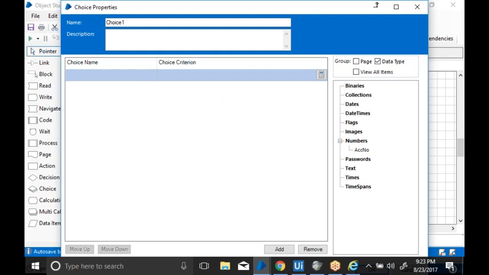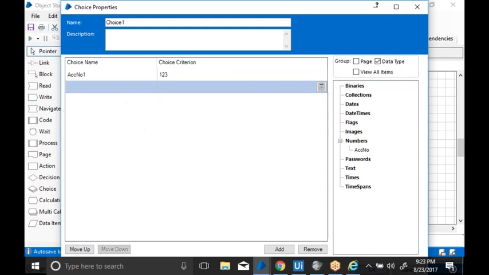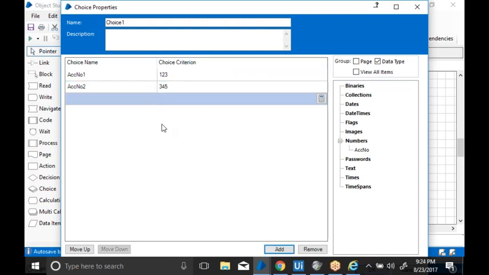Account number 1 2 3, and add one more, account number 2 3 4, and again one more, account number 4 5 6.